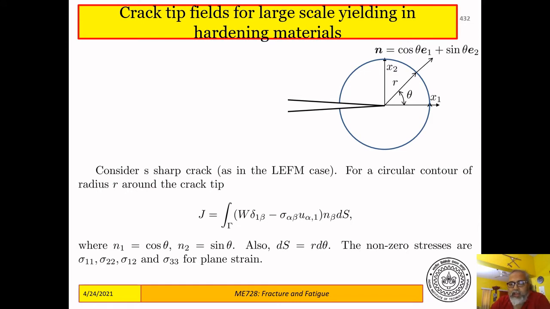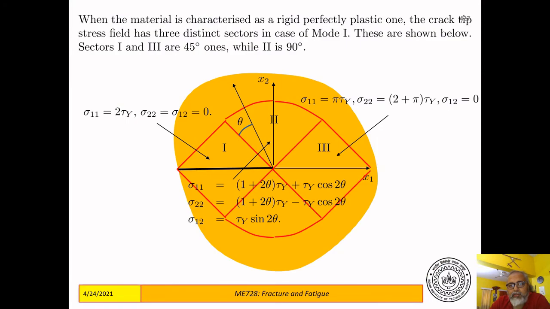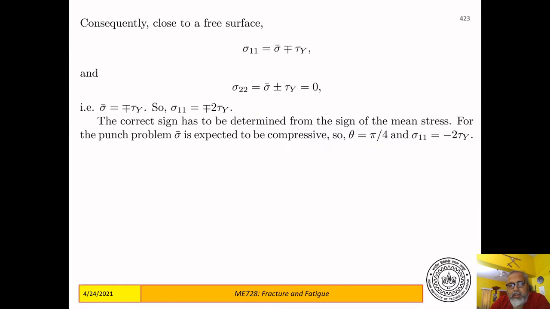Now we will shift to a more realistic material, which is a hardening material, but we will still assume that the elastic strains in large scale yielding, at least in front of the crack tip, are negligible in comparison to the plastic strains, and therefore the entire strain is plastic strain and elastic strains are negligible. We had already visited this assumption when we did plasticity. Remember, we did deformation theory of plasticity, and if you go back to your notes,